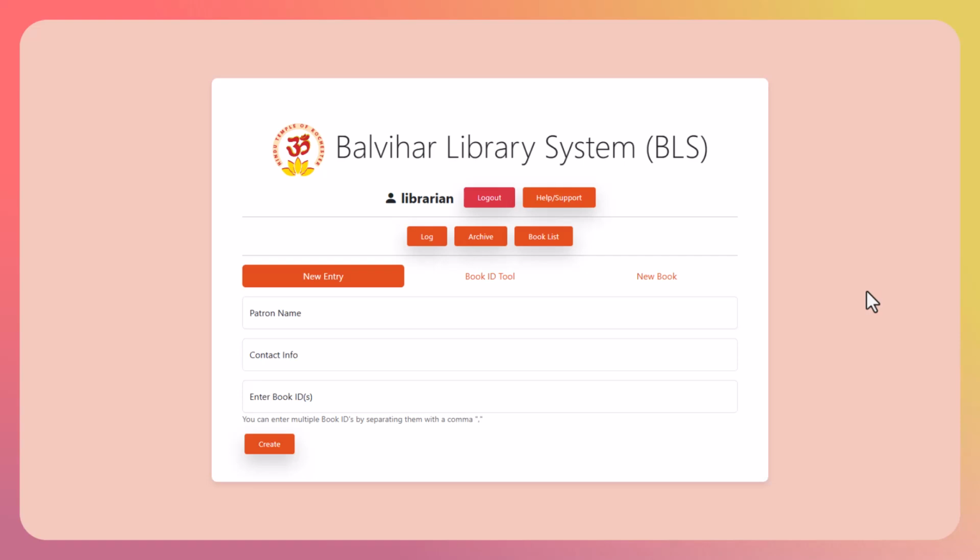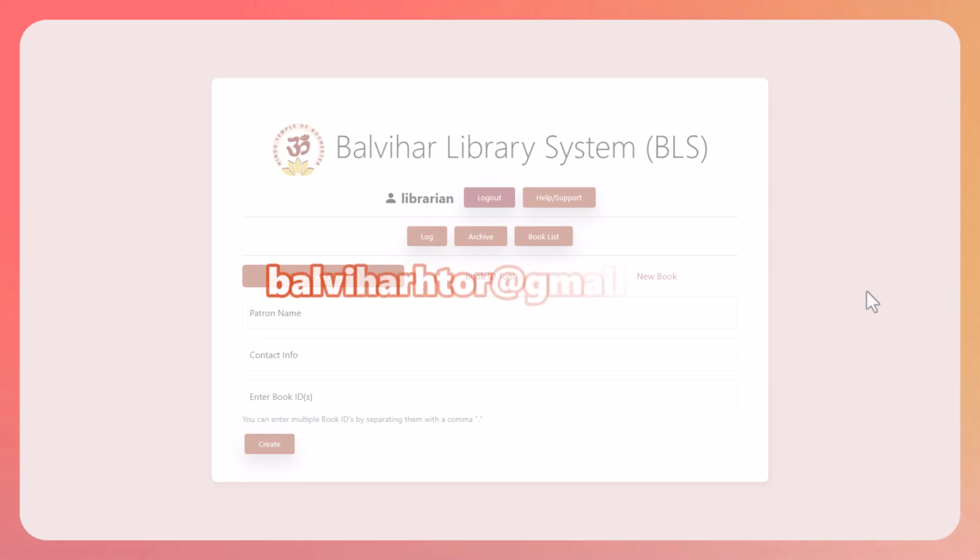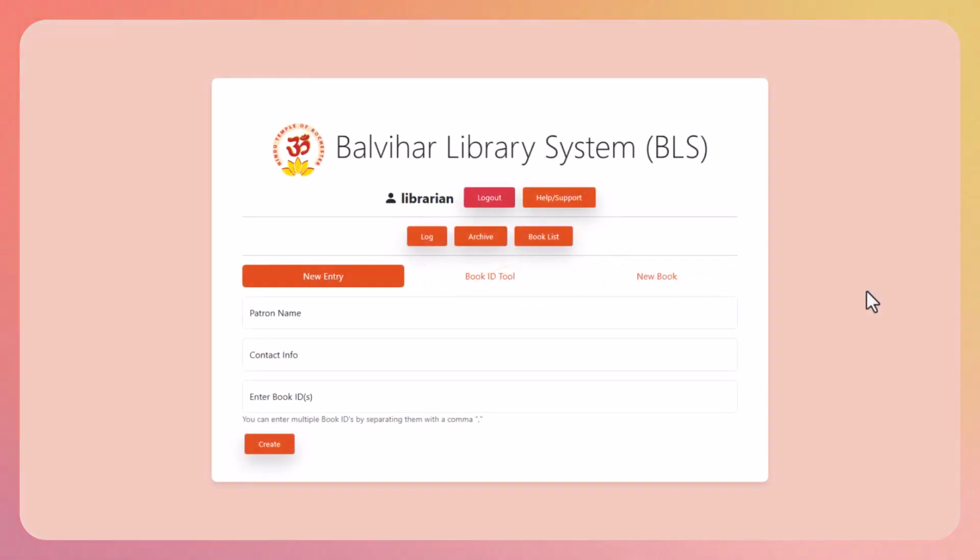Note that the system is for internal use only and requires dedicated credentials in order to access it. If you need help obtaining these credentials or seek general assistance, please ask one of the Balvihar coordinators or email balviharhtr@gmail.com. After logging in, you'll be taken to the BLS homepage, where you'll find all the resources needed to run